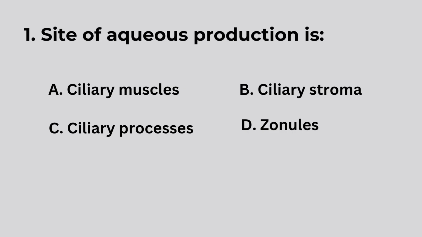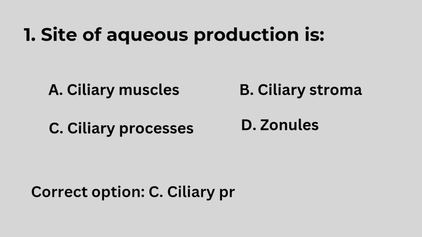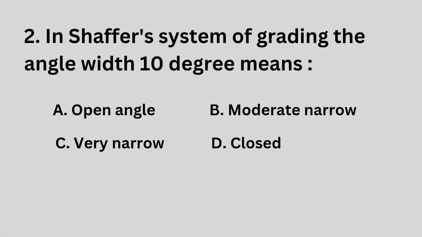First question. Site of aqueous production is option A, ciliary muscles, option B, ciliary stroma, option C, ciliary processes, and option D, zonules. And the correct answer for the question is option C, ciliary processes. Second question. In Schaeffer's system of grading, the angle width 10 degree means option A,